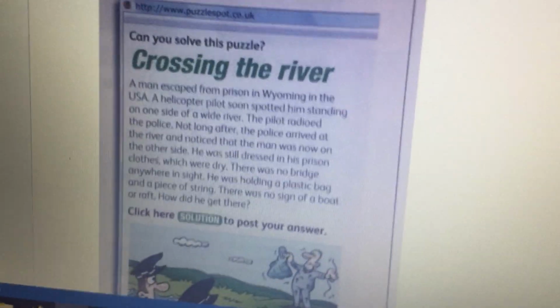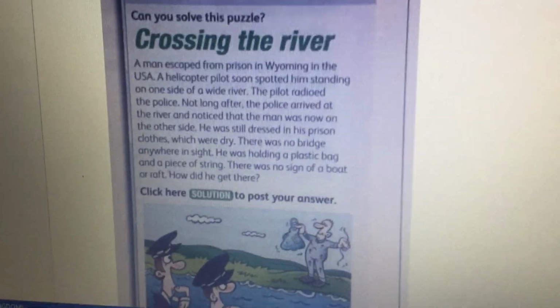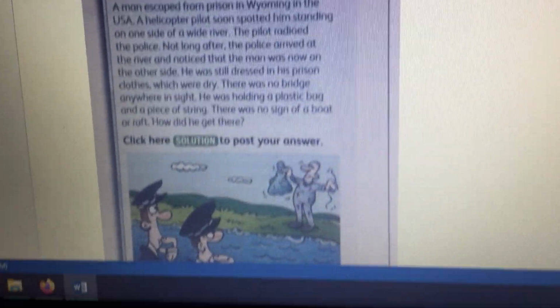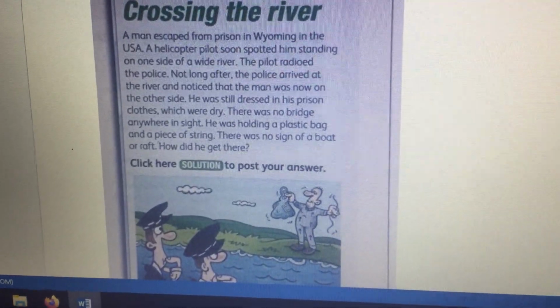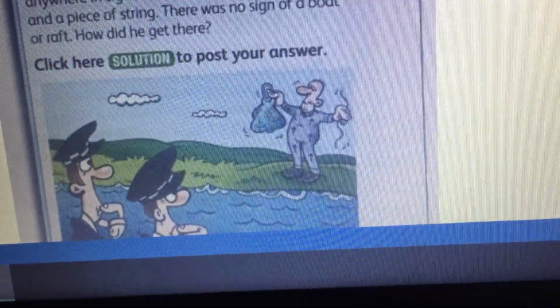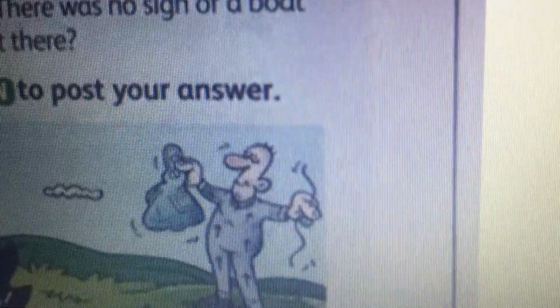Okay, here we have the story, the puzzle. Remember, the police are trying to catch this thief, but there is a river between them. We have to find out why his clothes are not wet, although he passed through the river to get to the other side. Let's listen to